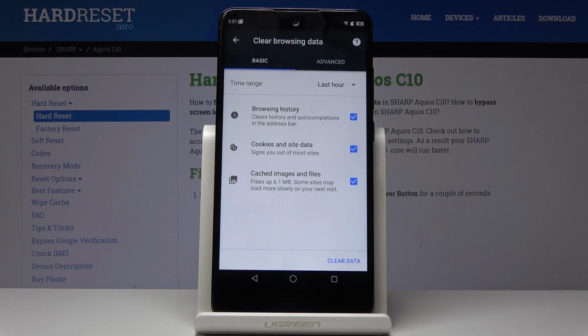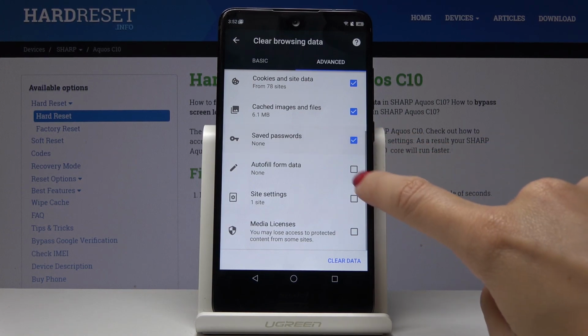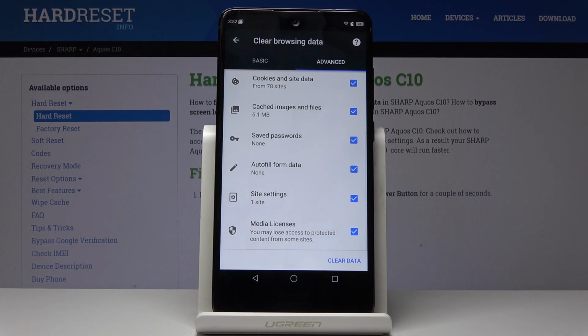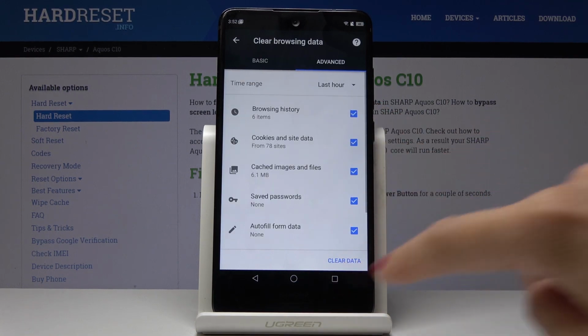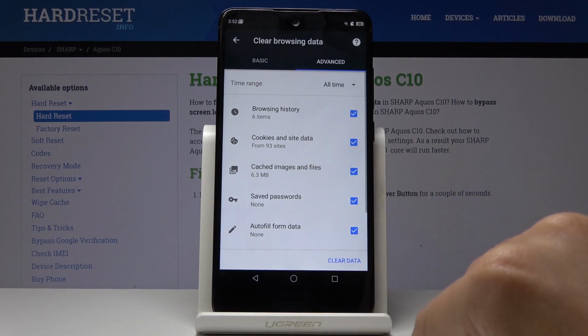Here you can pick either basic functions, which are browsing history, cookies and site data, and cached images and files, or the advanced, which have also saved passwords, autofill for data, site settings and media licenses. Obviously you can skip some function if you want to, for example you can leave autofill from data, but I would like to remove them all, and then select the time range, so you can delete content from last hour, last 24 hours, 7 days, 4 weeks, or all time, and this is what I will choose, and finally click